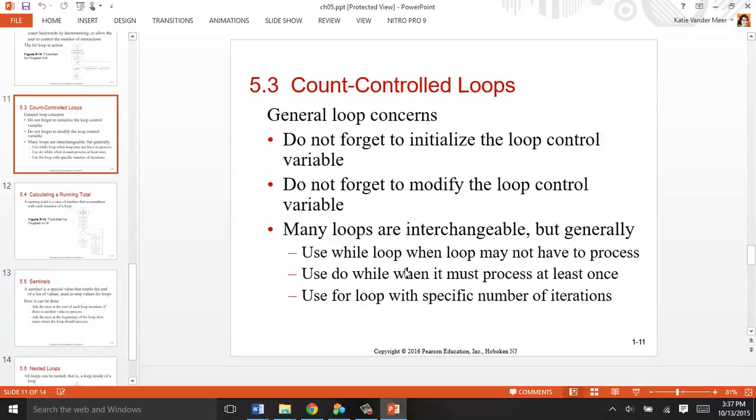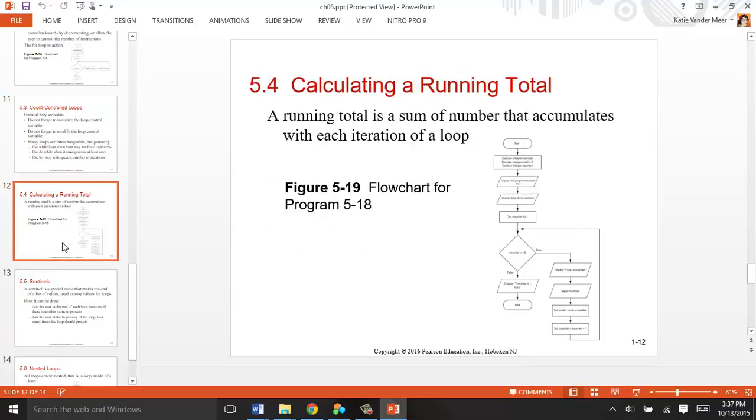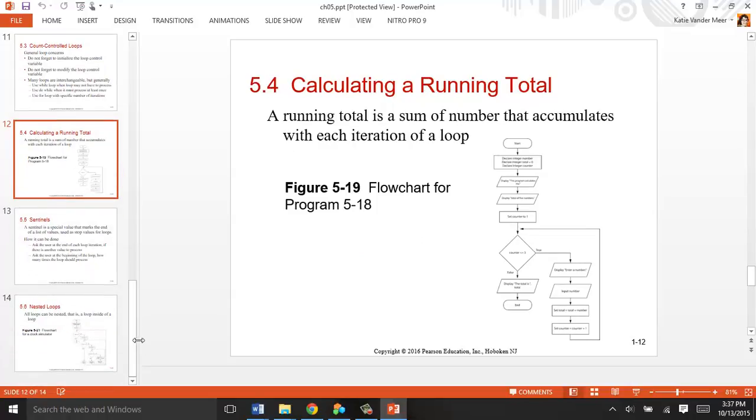And many loops are interchangeable. So while it says to use a for loop for when you know the exact number of iterations, you could also use a while loop for that. You just have to manually change the count control variable. You just manually have to do it. Running total, this is incrementation. Read about it before we do the code with me. So go to that page of the book,